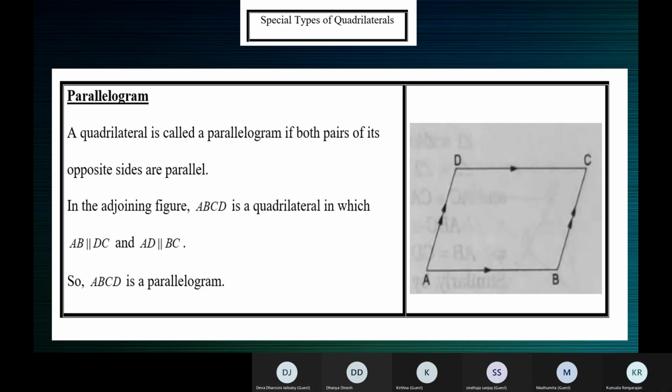The second one: opposite sides are equal. Ma'am, opposite sides are equal. So use this figure to explain that. In this figure, AB is equal to CD and AD is equal to CB. Tell me both again. AB is equal to DC. AD is equal to CB. Okay, good. What's the next one?